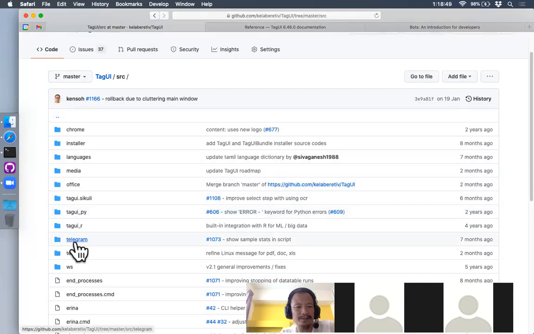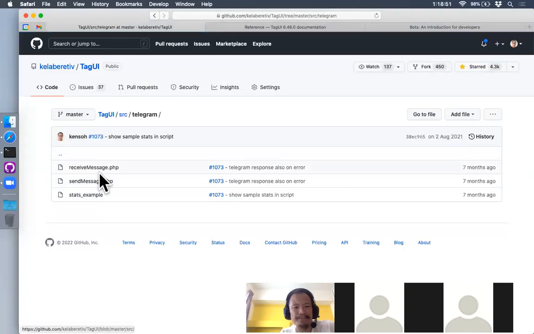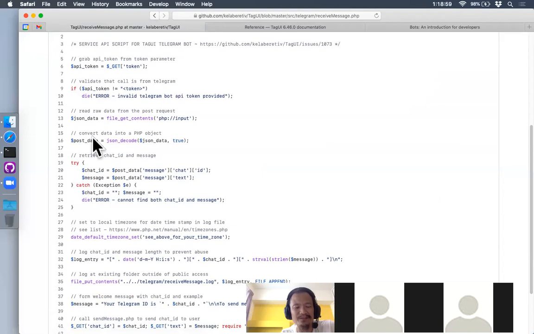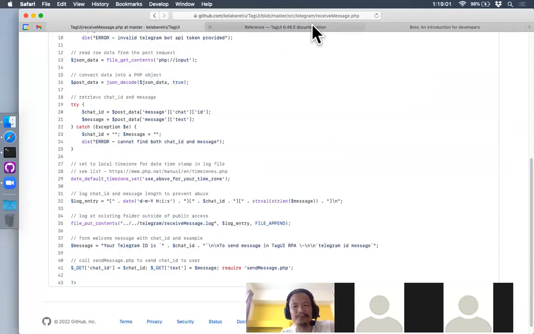So under here, Telegram folder. This is the source code for receive and send message. Okay, so why is there a source code for receive message? The reason is because